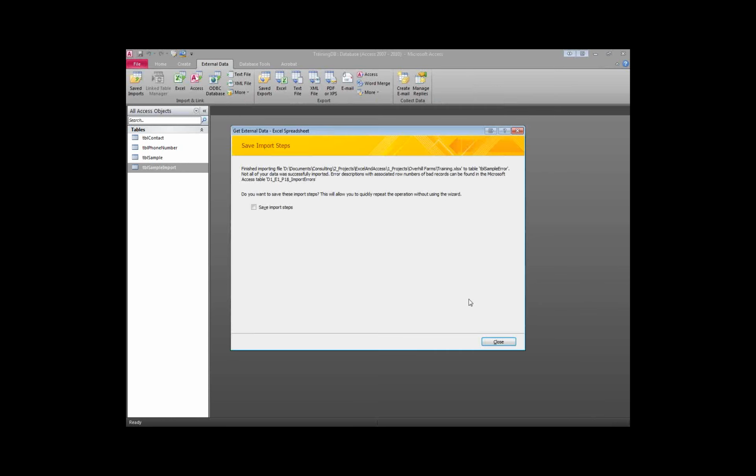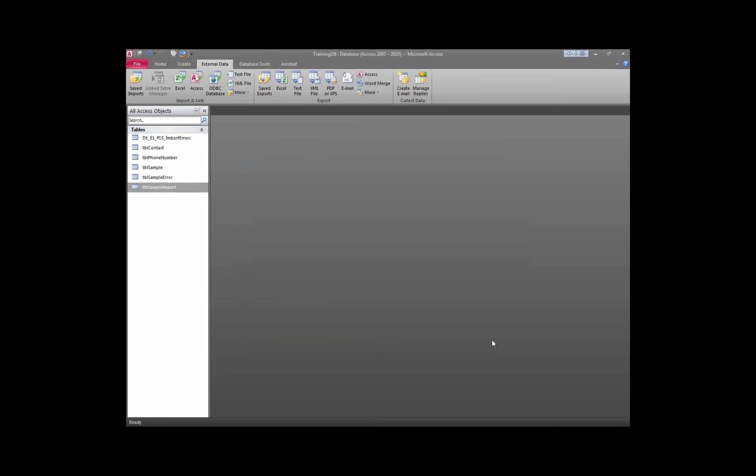And when I click Finish, take a look at what this message says this time. It says finished importing, but then it says error. It says not all of your data was successfully imported. Error descriptions with associated row numbers, basically telling you, hey, something went wrong, and I'm going to tell you what. So when I click on Close, you're going to notice